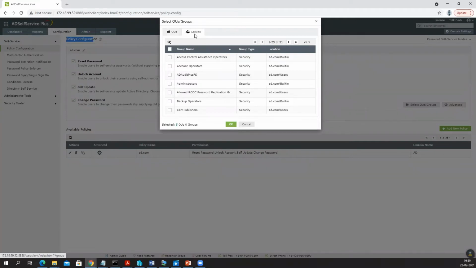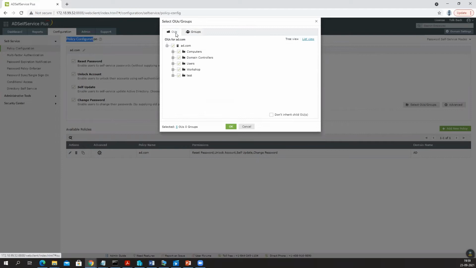Nevertheless, you can have different sets of policies depending upon the number of groups or the number of OUs that you have in the Active Directory. For example, you may have the top-level users in a particular OU. For them, you want to give access to password reset, account unlock, and all the features that you see right here. But there are other sets of employees, let's say some contractors, third-party workers, or low-level workers